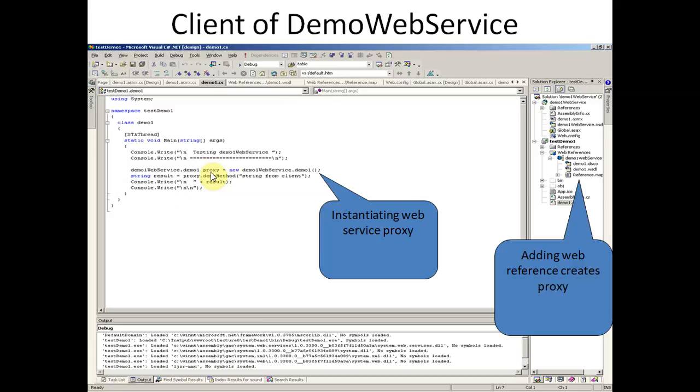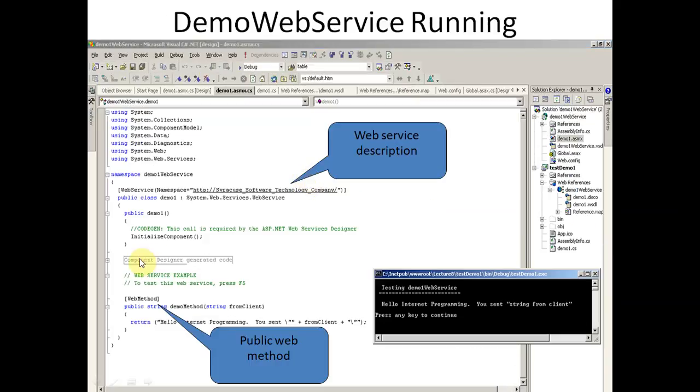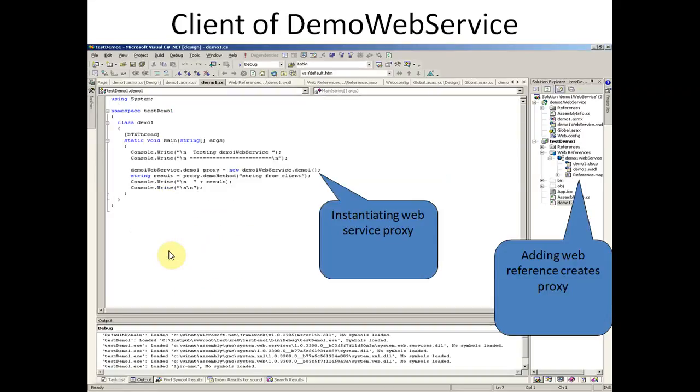Demo1 is the class, so its object is proxy equals new demo1 web service dot demo1. It means we are running the constructor by demo1 and the brackets. It means we are initializing the service proxy, running this constructor. Inside this we have mentioned InitializeComponent, so we must define this function also. Initially it is blank here, but we will define its body outside the function, or otherwise it is default. So it's optional also.